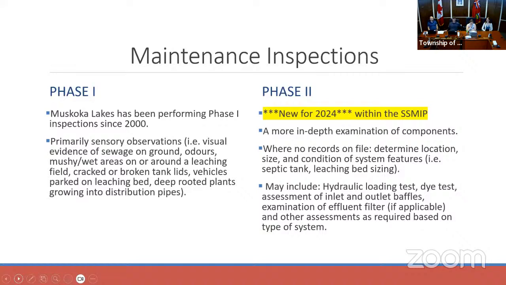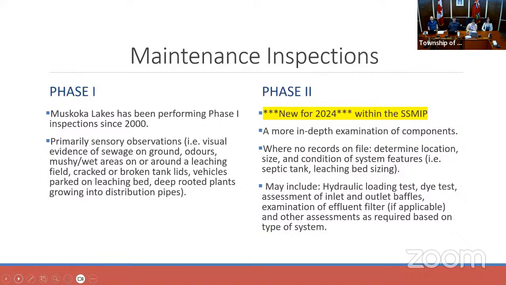Inspector would be asking, is there damage to the bed? Is there oversaturation causing mounding or breakout? These visual clues will help the inspector determine what the next steps might be in terms of further investigation. Keeping with the sensory phase 1 inspections, unpleasant odors of sewage systems are another sensory clue that can prompt further